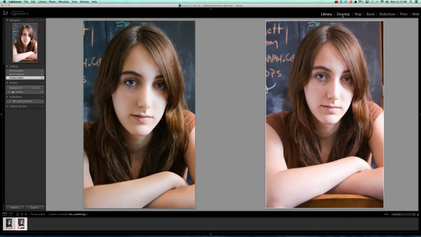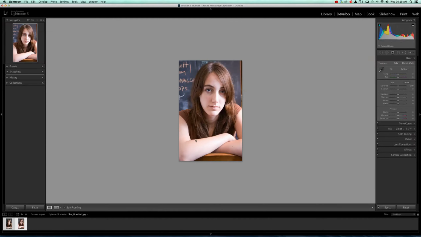I'm going to go back to the develop module, and we're going to work on these tools up here and this exposure, the basic adjustments. We're not going to worry so much about all these other possible tools we can use, but how Lightroom works is you kind of work from the top to the bottom. So all of these are some of our most important tools, and then we kind of work our way down. So the first one I'm going to click on is the crop tool,